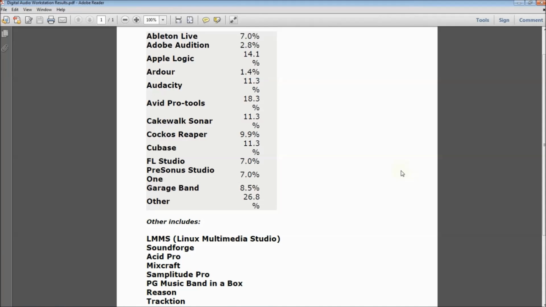And here's what I found most interesting about these responses. When I began to look through this list, I was able to break these down percentage-wise from your responses. If you're watching this by video, you kind of got a head start on me, but let me read this to you. Those of you that are using Ableton Live of the community, 7% of you are using that. 2.8% of you are using Adobe Audition. 14.1% are using Apple's Logic, 1.4 are using Ardour, 11.3 are using Audacity,